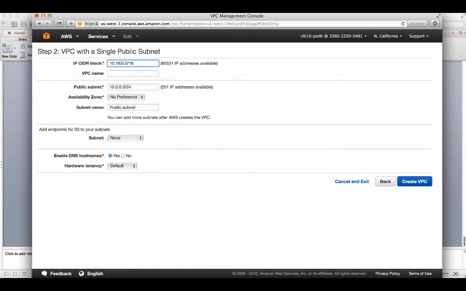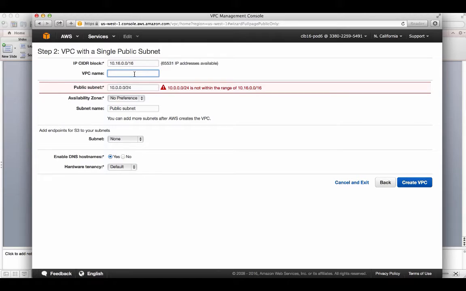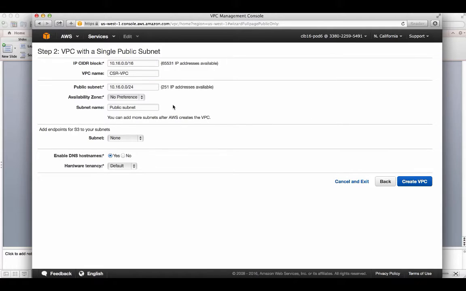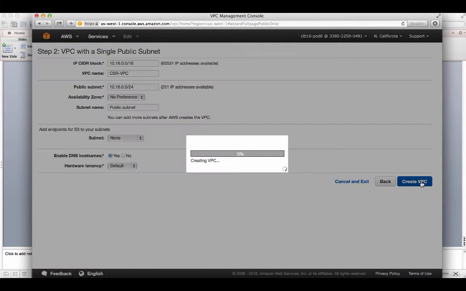Assume we are using 10.16.0.0/16 and we will create a name for that. CSR VPC. And we need to specify the public subnet, so we're using 10.16.0.0/24 here. We will leave other options as default, but you can adjust it based on your preference. Click Create VPC. It will show the status of the creation, like set up the router, set up